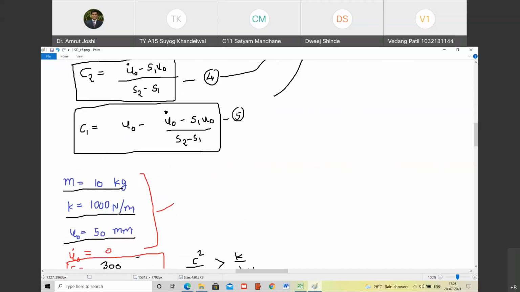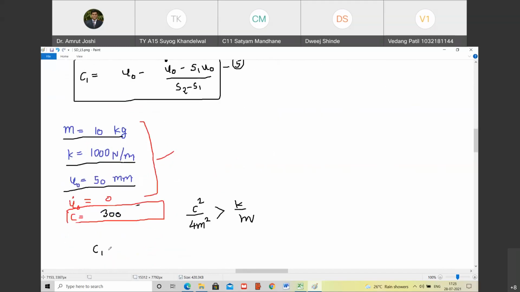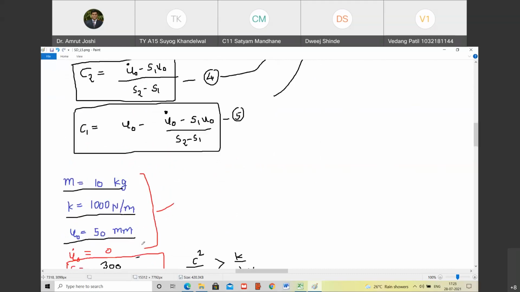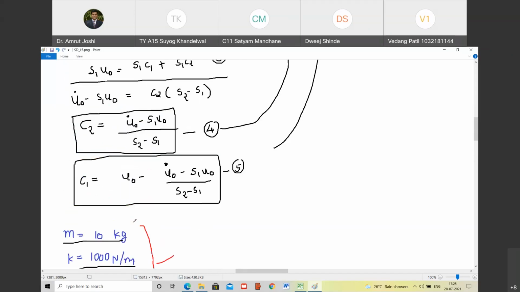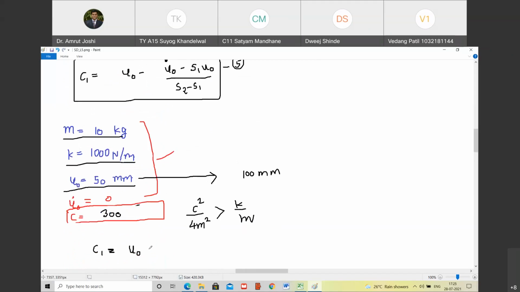Okay. And now, what is the solution? The first thing in the solution, I will have to calculate C1. Can I calculate C1? Chalo. What is C1? U0. What is the value of U0? That is either 50 mm or it is going to be 100 mm depending upon the problem. In one case we have taken 50, in the other case 100. Do you agree with me? Yes, sir. So it is going to be either 50 by 1000 or 100 by 1000 meter. Agreed? Yes, sir. Minus.